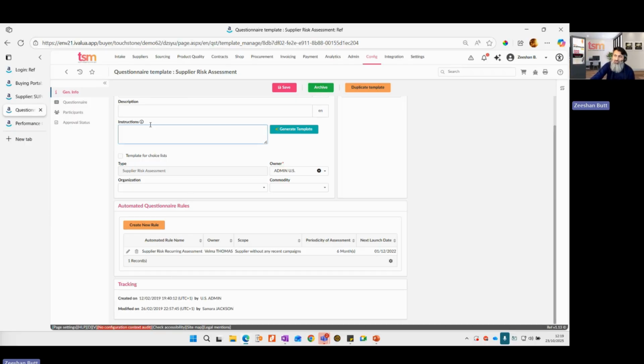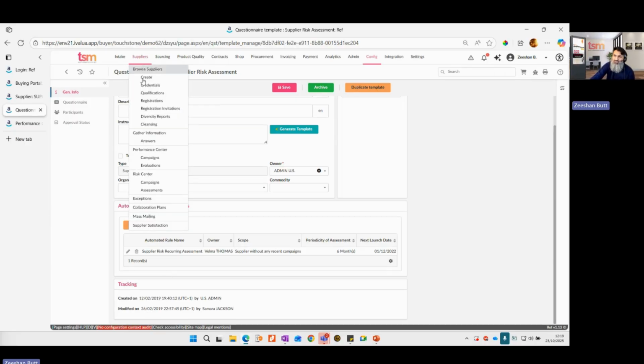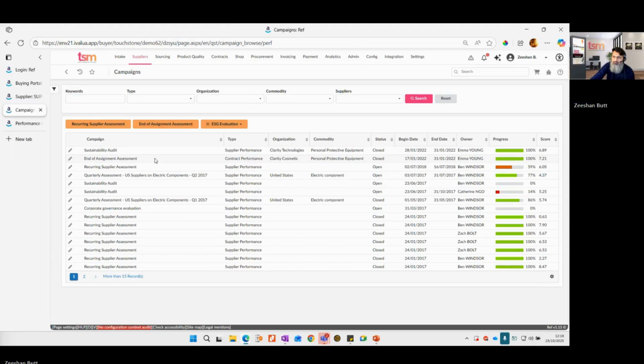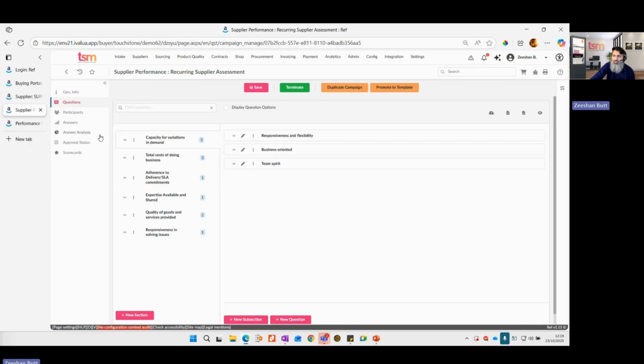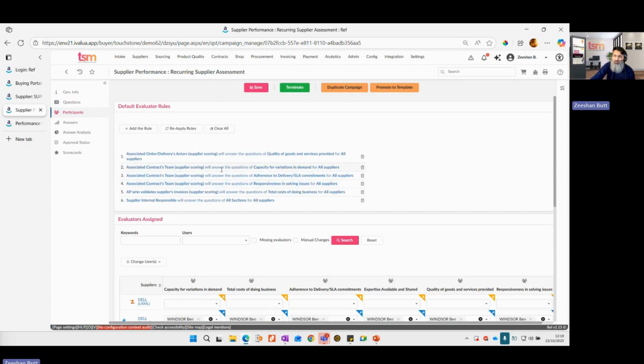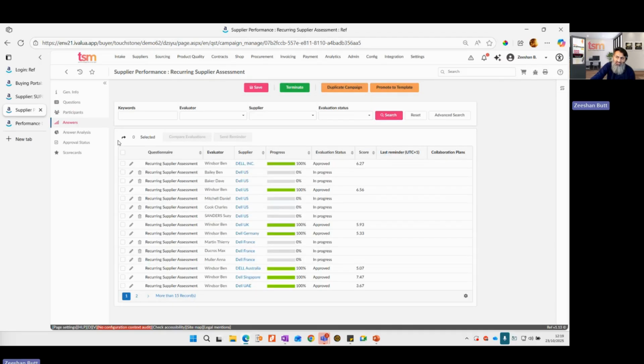And what the system will do is automatically create this risk assessment campaign. So if I look at one of the campaigns, it will automatically trigger that campaign, and it will send it to those suppliers based on the segmentation. It will automatically send that questionnaire out to them. They will see that, and we'll know who to send it to based on the suppliers. And as a campaign manager,